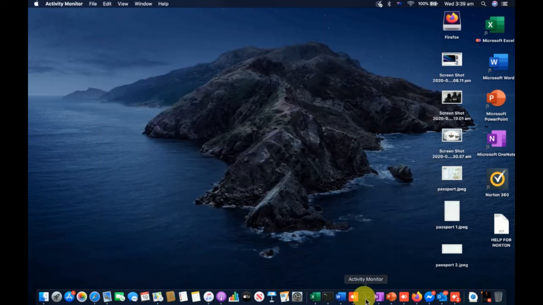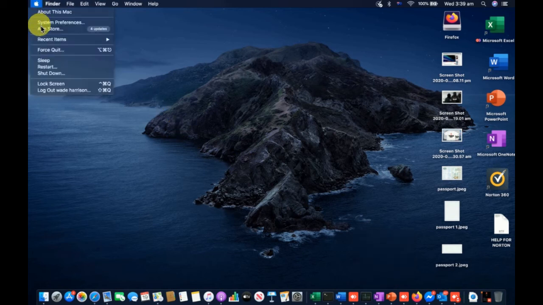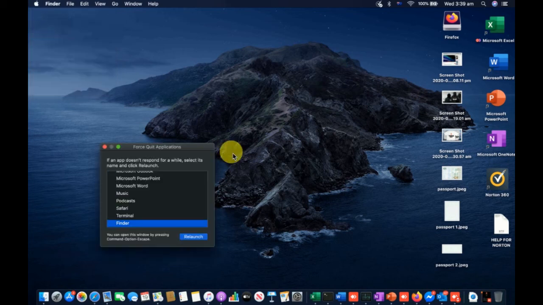So either I can right click from here and quit, or I can click on this Apple icon again, click on this force quit, and select the activity monitor which is running.